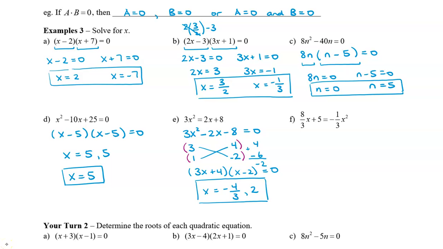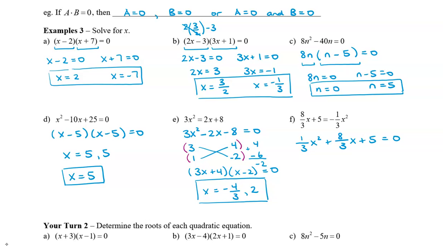All right, in this last question here, like the other one that we just did, we need to move all the terms to one side. So I'm going to move the negative 1/3 x squared to the left and set this equal to now 0. And notice that all the questions that I've done here, all of them have to equal 0